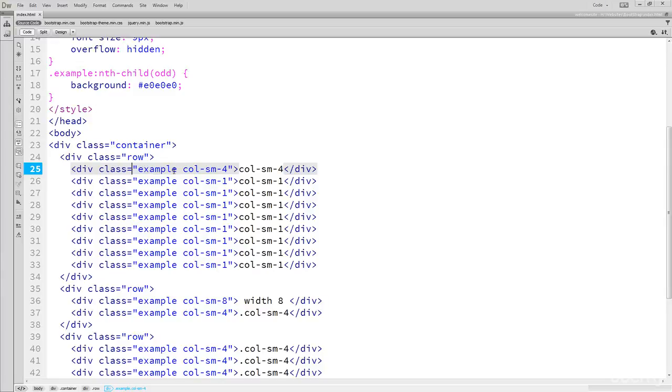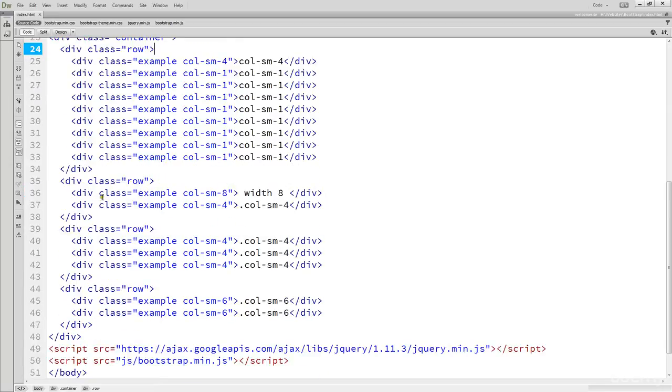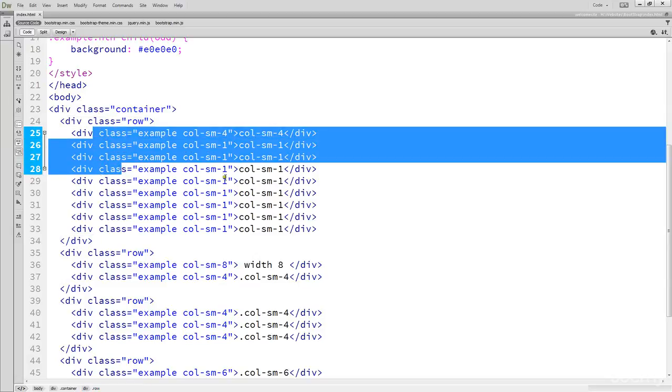When it comes to Bootstrap, understanding Bootstrap's grid system is a crucial part of understanding how Bootstrap handles responsive design. So here we've got a sample of Bootstrap and its grid system. On the outside you've got your container, and then you've got rows, and each row contains a set of